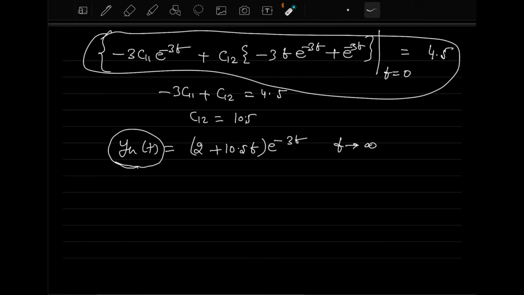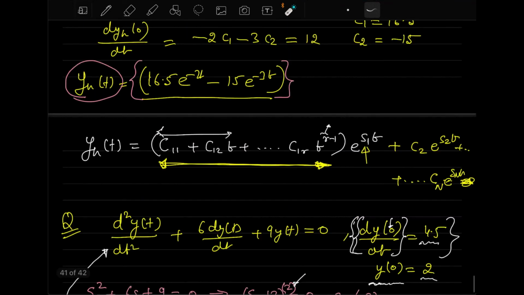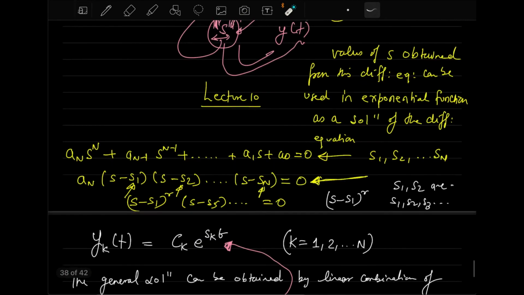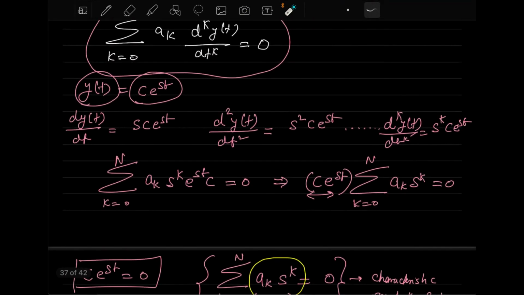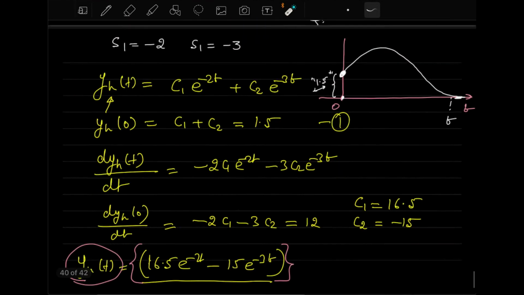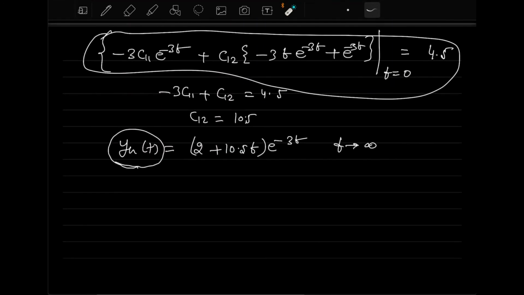When your roots are complex, it requires a bit of understanding of how to solve it. As you know, the coefficients of this differential equation, ak or bk, are not here because right now we are considering the natural responses. The coefficients are real, so the roots that you will get will occur in complex conjugate format.